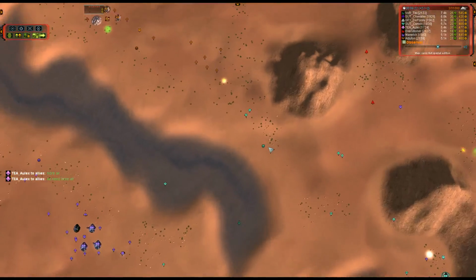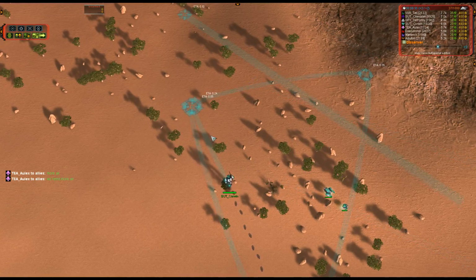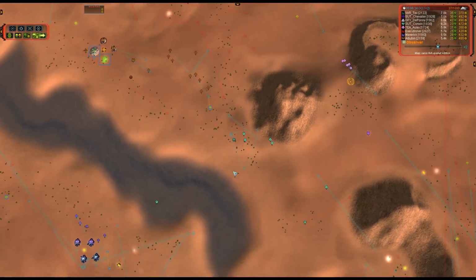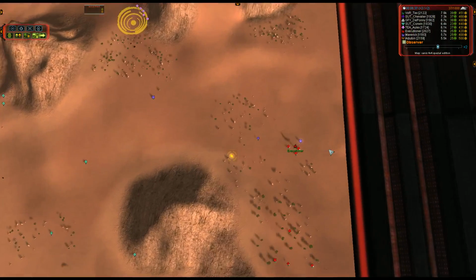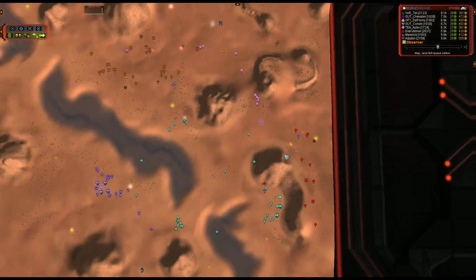Corwin moving out north of the river now with his ACU. Where's he planning to head? He's coming up here, going to hit and do a little ACU patrol dance. Execution's moved quite forward over in the eastern side as well. It's busy reclaiming some of